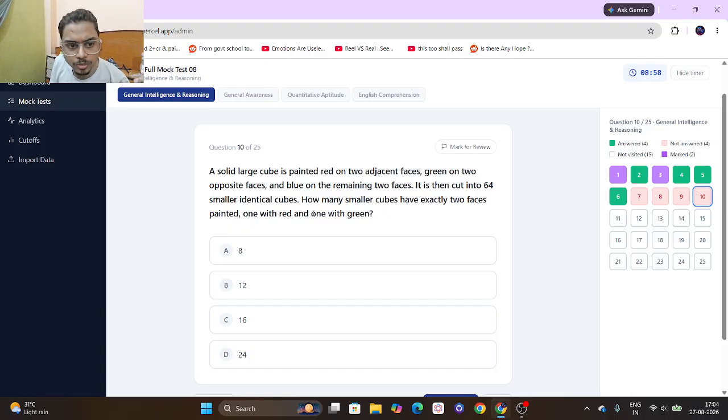It is then cut into 67 smaller identical cubes. How many smaller cubes have exactly two faces painted, one red and one green? So there is a cube,